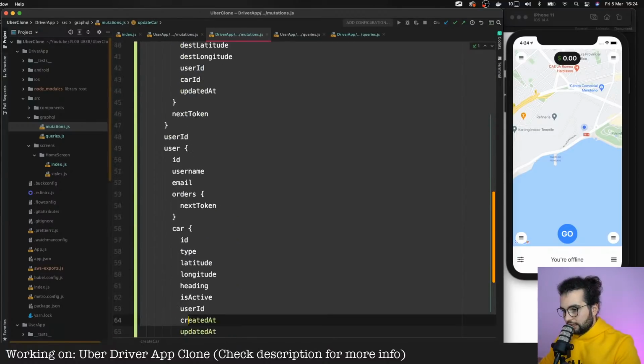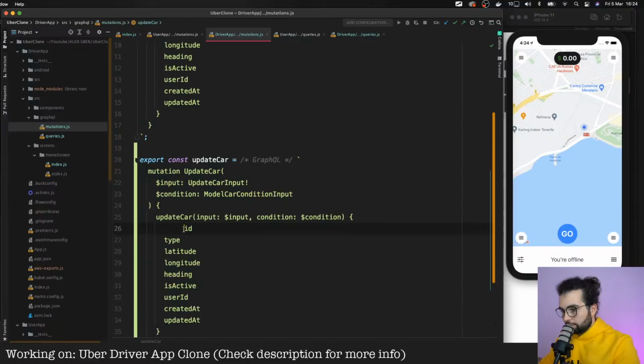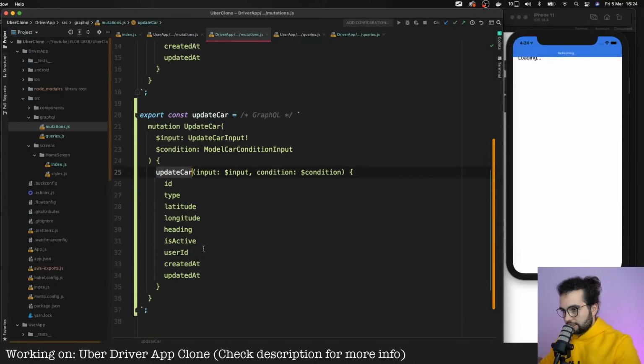So I'm gonna delete everything from inside. Make sure that you don't delete extra brackets. So it seems that I didn't. And let's paste in the data that we want to receive back after the update is complete. Okay, updateCar. Let's save.